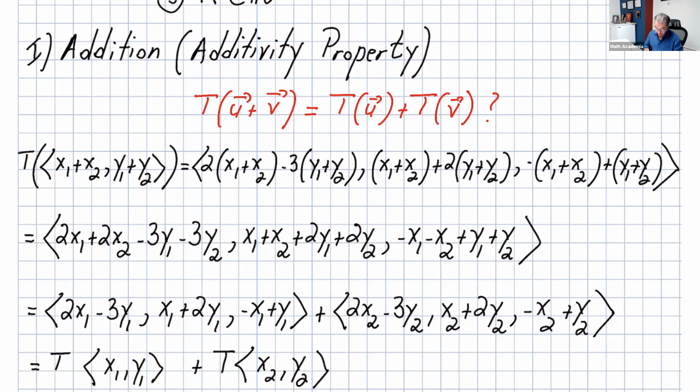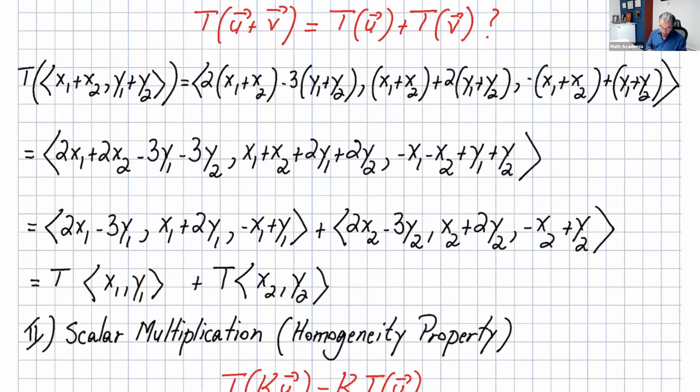And the third one is negative x1 plus y1, plus negative x2 plus y2. When you do that, you notice that this is just T of (x1, y1) and that one is T of (x2, y2). So we do get T of u plus v equals T of u plus T of v. So